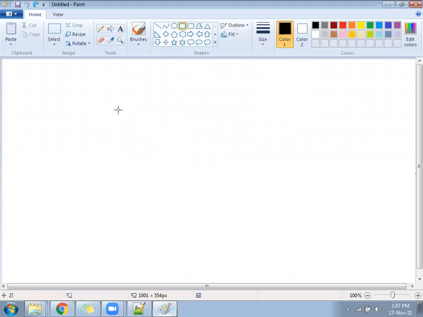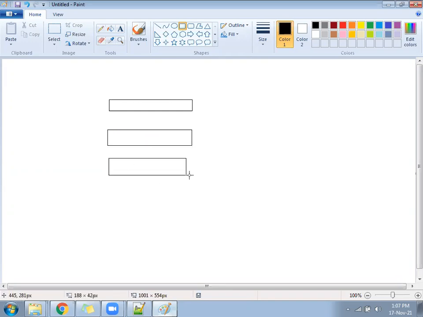Suppose on the left side there is one text box, one more text box, one more text box. All three are text boxes only. So how many TR? Total 3 TR, no? 3 TR, 3 TD.